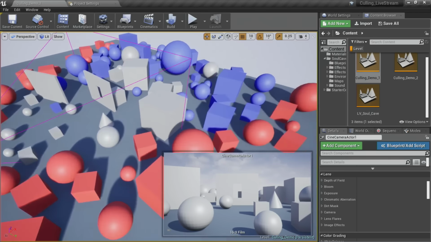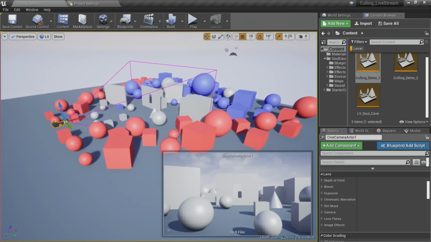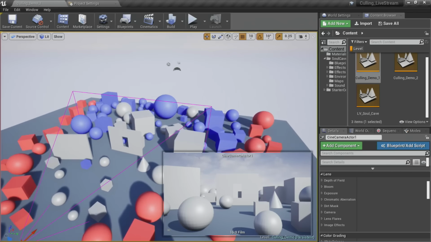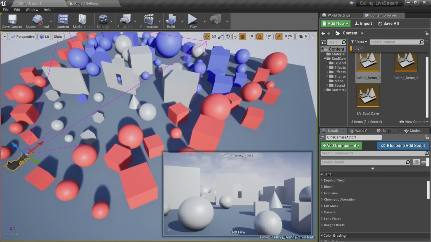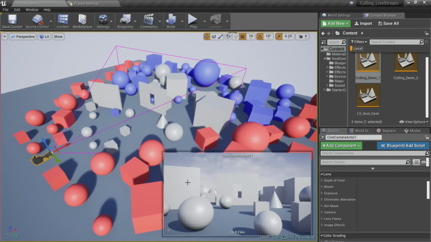And what it allows me to see is the frustum for the camera and that view that we're getting. I know on your screens it may be a little harder to see, but it's a little purple line that's running out, and it's showing that volume for what we're capturing on screen. And with my camera highlighted, we can actually see what our final image is. And you'll notice that inside of that, even though it's smaller, you don't see any of the red or the blue. What I've done here is just bombarded the scene with all these different objects to show us, okay, that's the final image, that's what we care about, but we actually have all this other stuff that we don't care about.